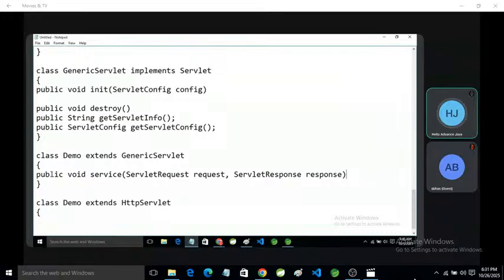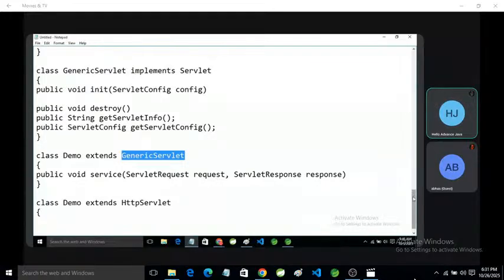We do not need to implement init, destroy, getServletInfo, or getServletConfig, because these methods are already implemented by GenericServlet. GenericServlet does not provide the implementation of service. In the service method, we can receive the request from the client and, after processing, send the response to the client.